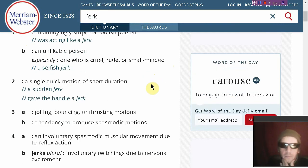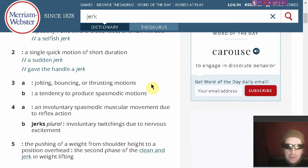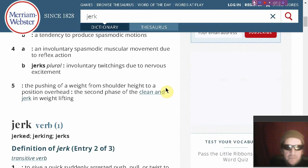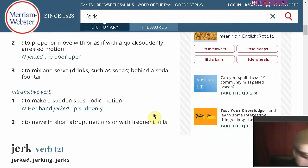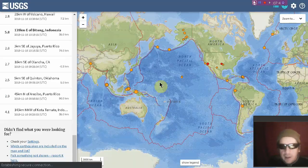A single quick motion of short duration, like a sudden jerk. Jolting or bouncing or thrusting motions. Tendency to produce spasmodic motions, an involuntary spasmodic muscular movement due to reflex action. The pushing of weight from shoulder height to position overhead. Involuntary twitchings due to nervous excitement. It's also a verb. And by the way, the paper dictionary has all kinds of offshoots like jerkin, jerk off, jerk water, jerky. Do you come from a jerkwater town? We're going to talk about the Lehigh Valley where I'm from in a moment, but first we're going to go